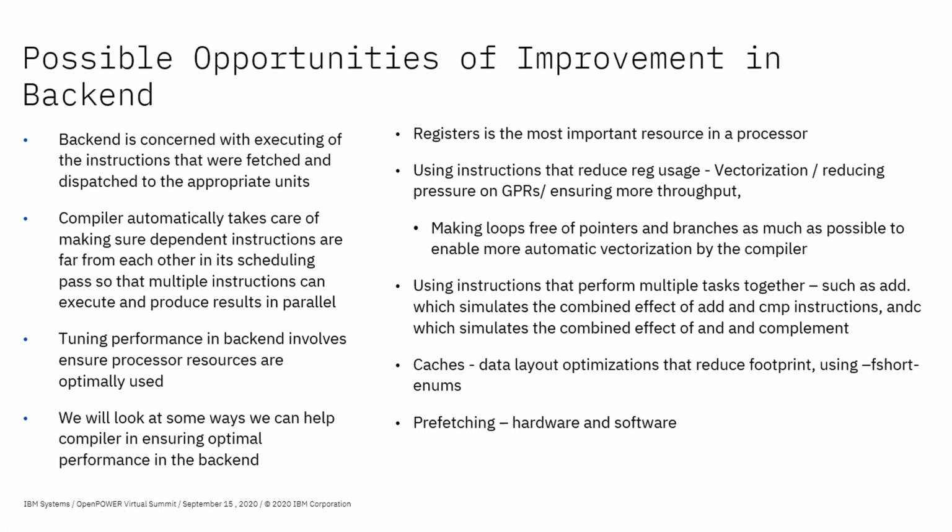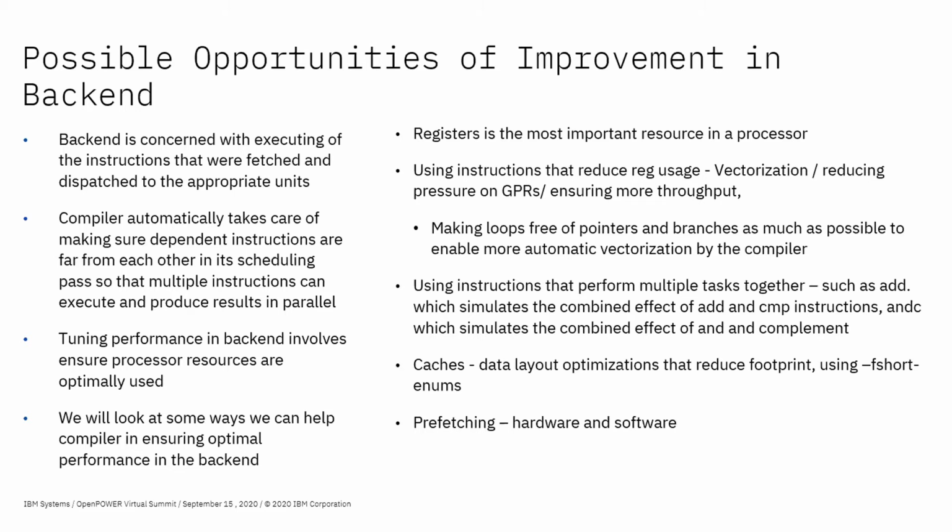So when you talk about processor resources, registers are the most premium resource in any processor, because there are only a few in number. So registers is definitely the most premium resource. So there are several ways you can reduce register pressure, basically, because you have different kinds of instructions, such as vectorization instructions, where you can use the vector registers to do your job. It also helps in reducing work done. Basically, you can combine similar work that you've been doing over multiple iterations in just one iteration, because you'll end up doing the same work on different data elements at a given time, right?